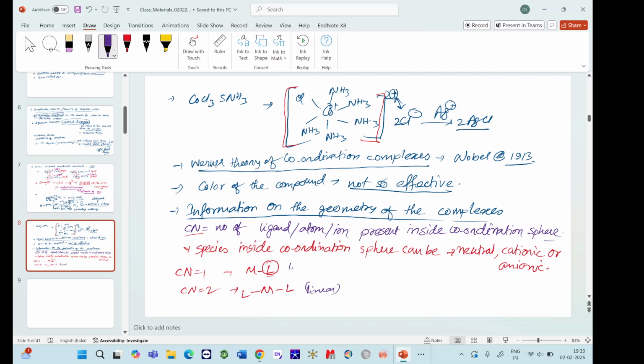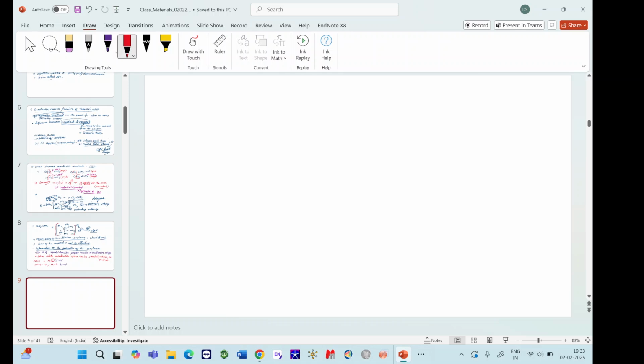This also can be called linear. Then if you go to a larger coordination number, CN3, you can have it like this. So this forms a triangle in a plane. So that is why it is called triangular